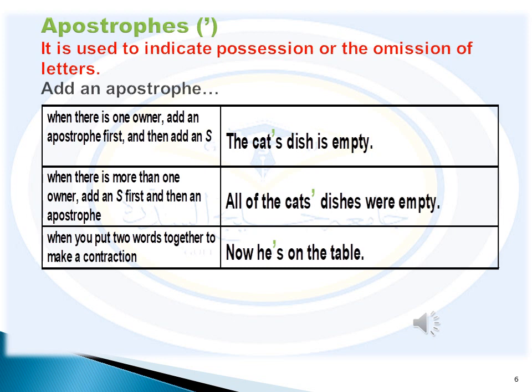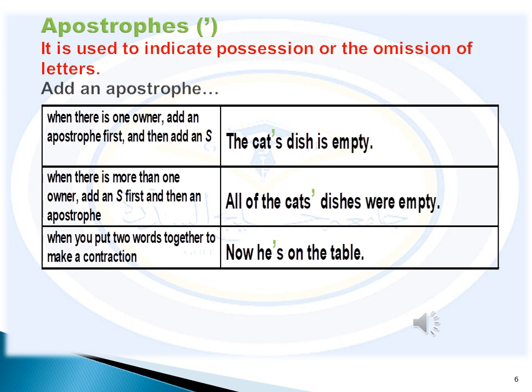So we think of what? The cat's dish is empty. When you say the cat's dish is empty, you think of one owner. The owner is the cat. So we say the cat's dish,